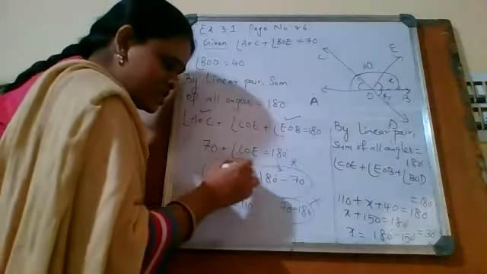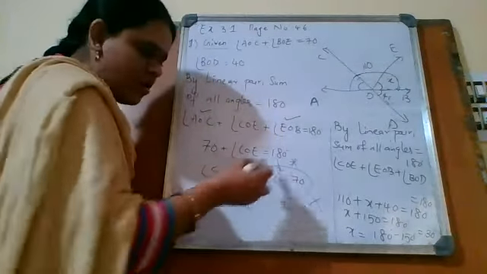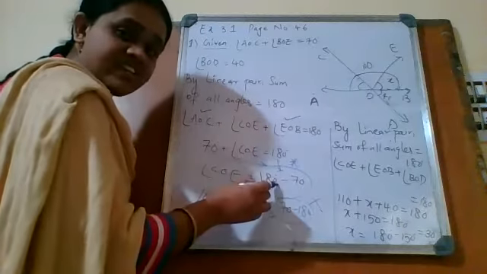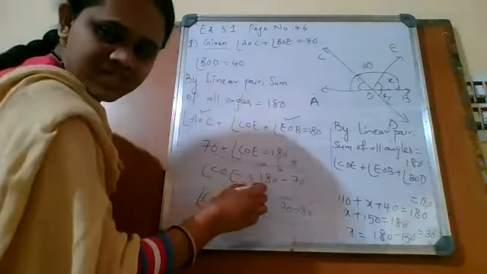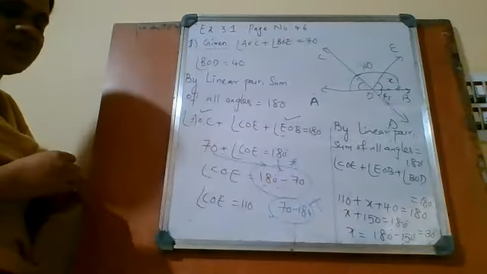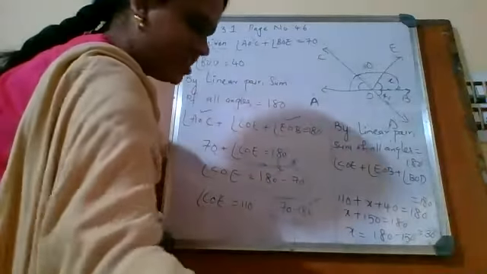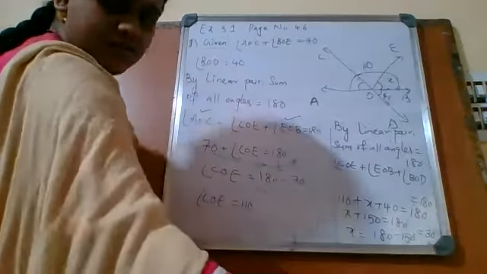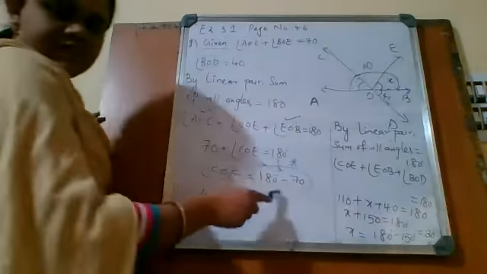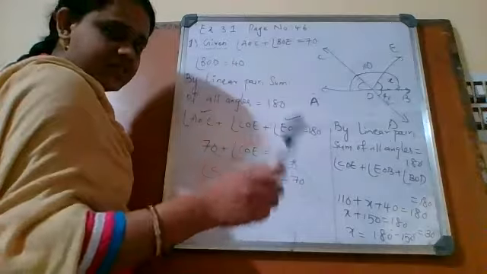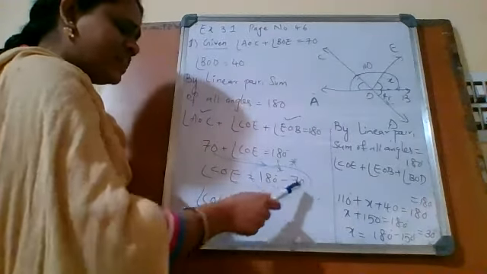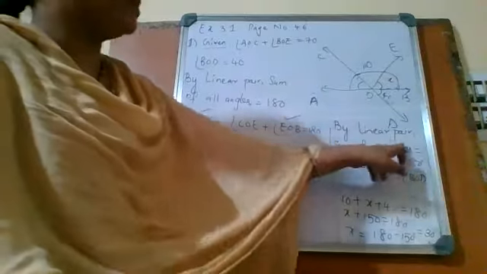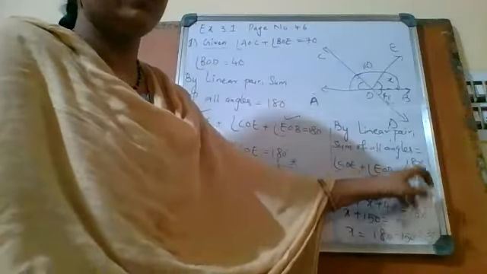The number you are shifting to the right side is 70, not 180. You need not change 180 here; we have to change 70. So this is a blind mistake, and you have to focus on this step whenever I am teaching. Is it 180 minus 70 or 70 minus 180? 180 minus 70. Next time I will ask you this question. 180 minus 70 is how much? 110.